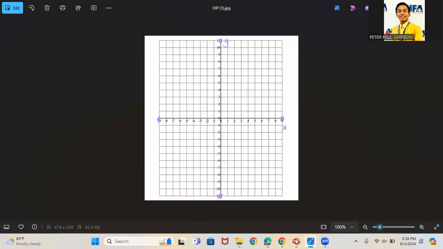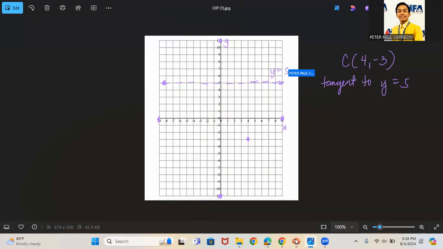Since we have tangent to y = 5, and we have the same center that we kept on using, this is our (4, -3). This is where our center is located. But the line y = 5 is a horizontal line passing through 5 at the y-axis. So this is that line. You may use a ruler so that you could draw it properly. But this is how the line y = 5 is illustrated.